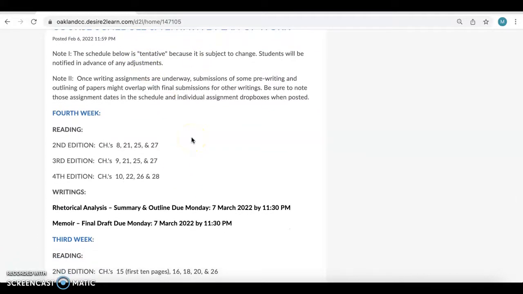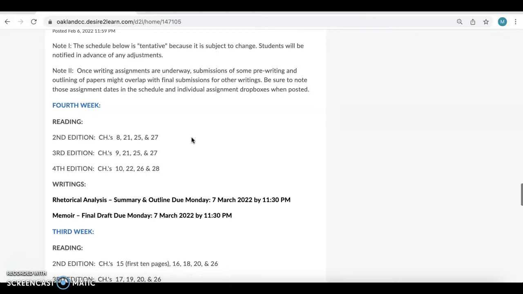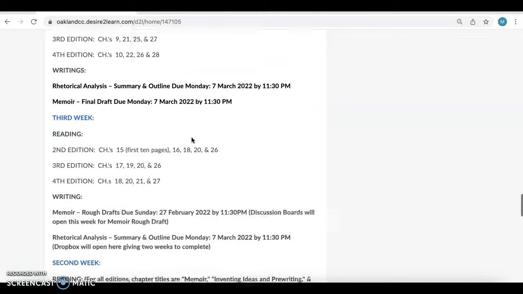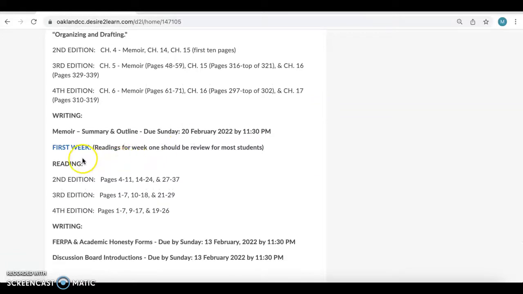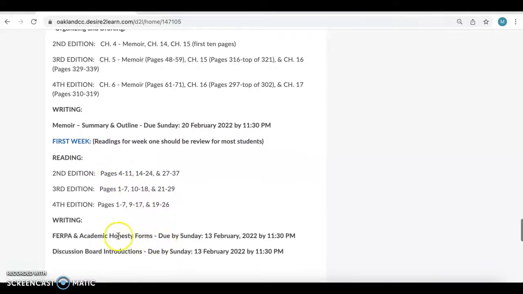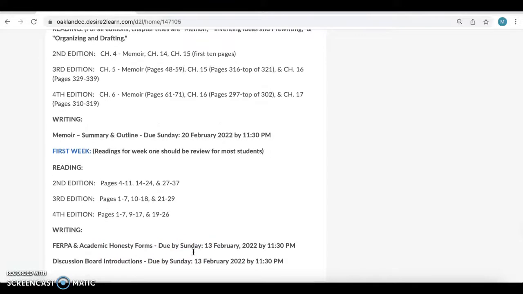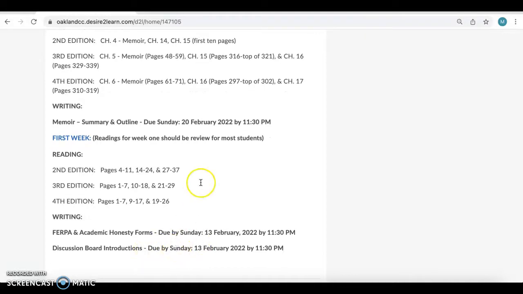Your class is set up in 3 different 4-week sections, each that launch near the end of the preceding one. So here you have weeks 1, 2, first week, second week, third week, and fourth week. You have the readings that are posted along with whatever the writing is for the week. This week including just those academic honesty forms and the FERPA forms, and then the discussion board piece so that we can start opening this class up with both some forms that we get some compliance there and understand our different things about the regulation of transferring information and sharing information, and then the discussion board so we just get familiar.